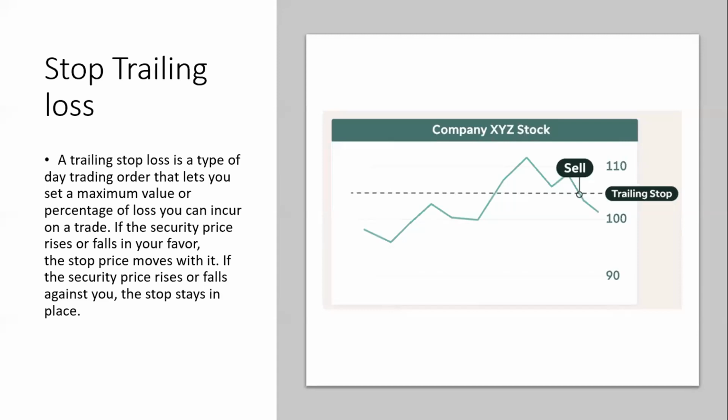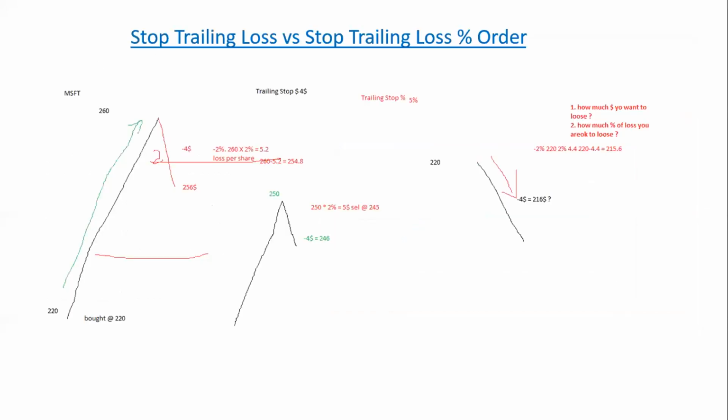And then Microsoft, all of a sudden, goes to $270, and you feel like, hey, I should have really sold it for a better price. Okay, so I'll give an example of how the stop trailing loss works. I hope you can see this example here, right? So I was talking about Microsoft stock, and imagine that you bought it at $220, and